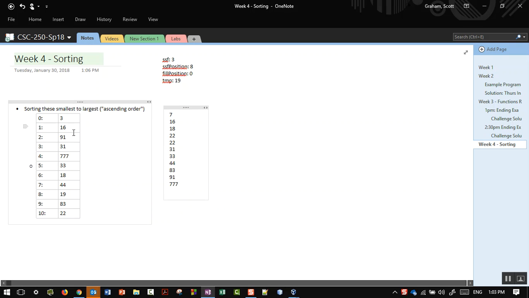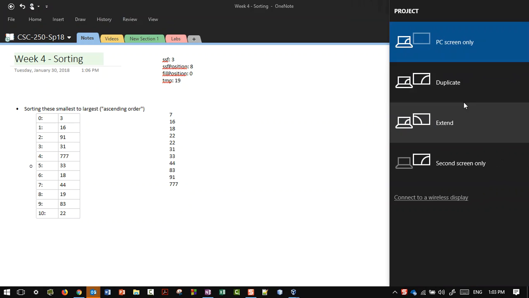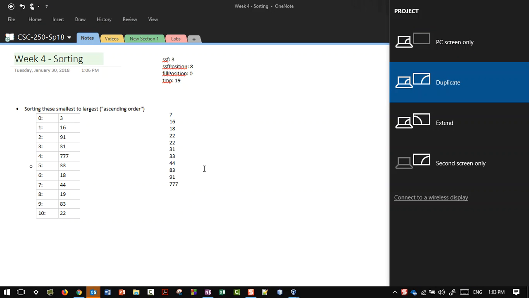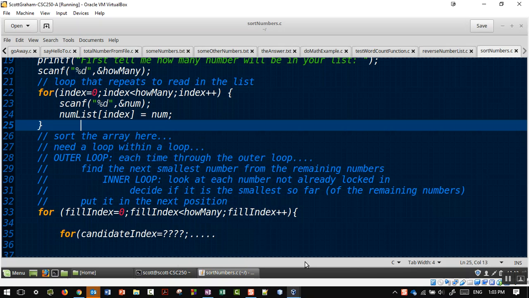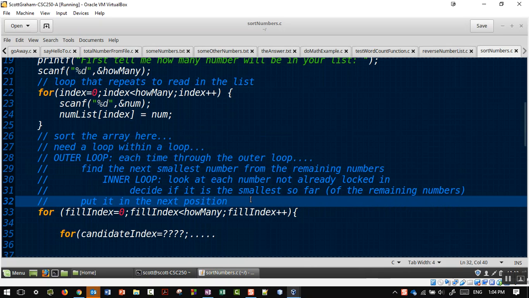So what we did yesterday, these numbers are what I did for the other class because I erased them, so let's try that again. Alright, there we go. So once again, this is where we left off last time. We had an outline here in comments of the process or the algorithm for sorting. We were starting to write the code,